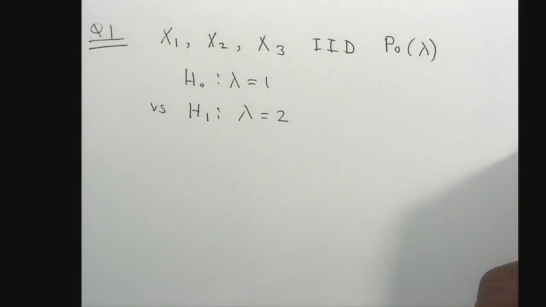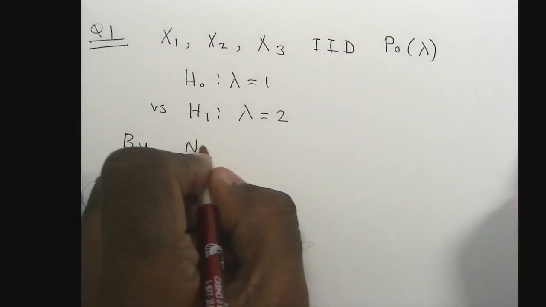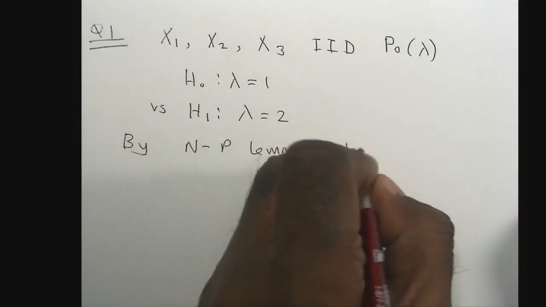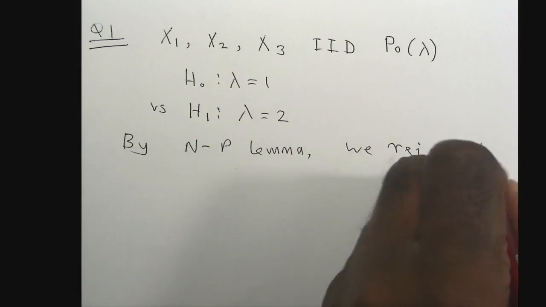So when the question says find the most powerful test, it's implying that you must use the Neyman-Pearson lemma to find the test, right? So by the Neyman-Pearson lemma, we reject H0